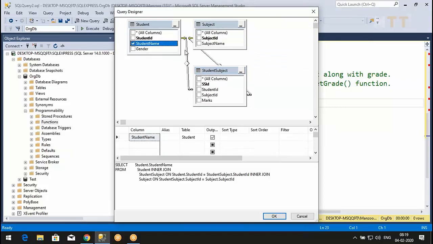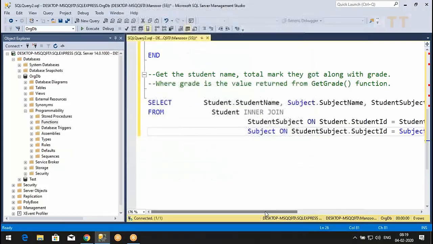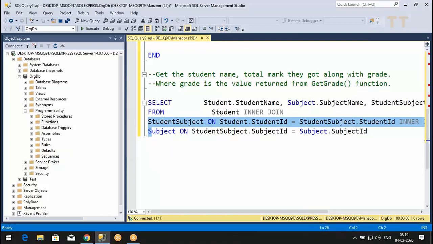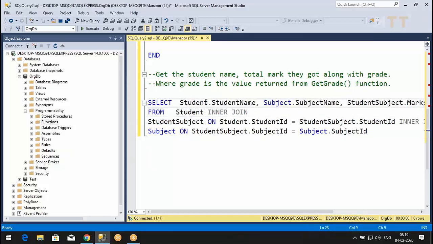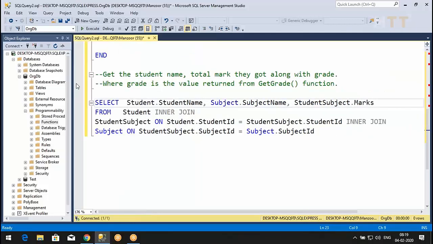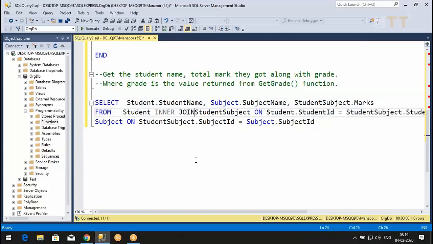Student name, subject name, marks. I'll say okay. You got the query. Got the join query? Is it interesting? I should have shown this on day 1, right? But you will not learn query writing if I show you on day 1. So I'll just arrange this properly.